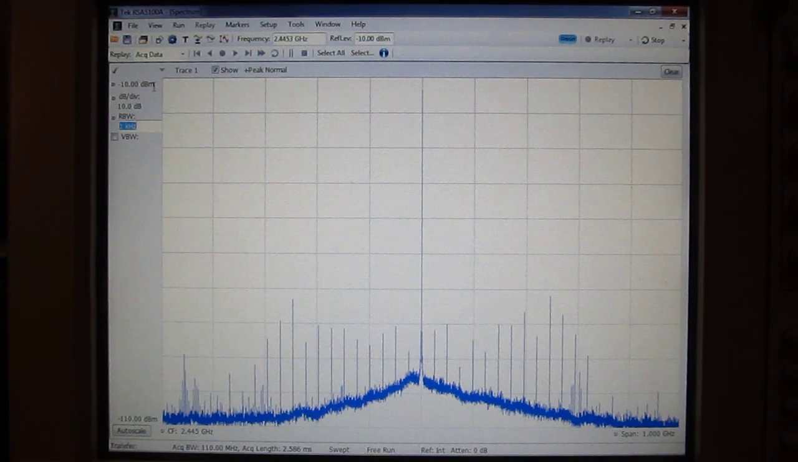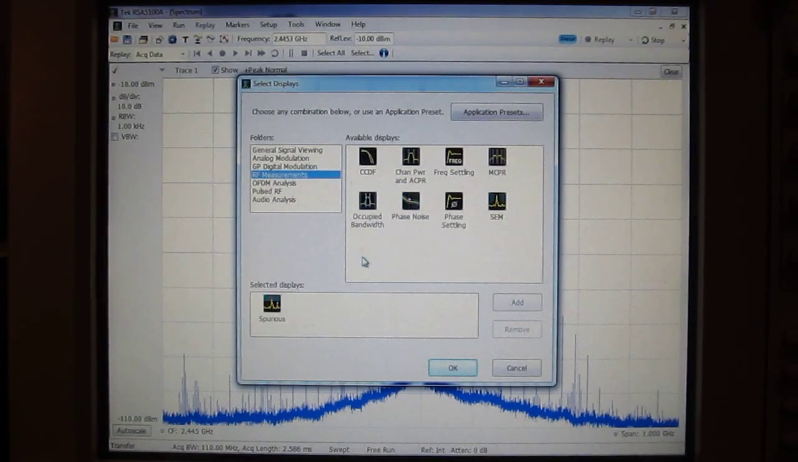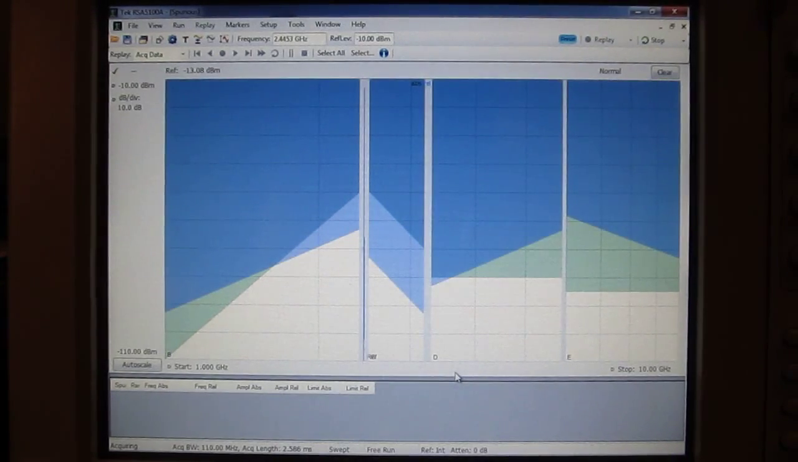Oftentimes when you're doing spur measurements, you're interested in spurs in particular frequency regions around your carrier, and there may be other frequency regions that you don't care about. The real-time spectrum analyzer features a multi-range spurious measurement utility that makes this type of measurement very easy. So we're only going to sweep through the frequency ranges that we care about and not sweep through the ranges